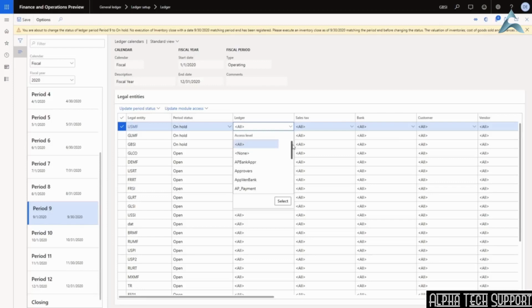When I select a specific user group, let's say I select test group 1, what it means is that only users belonging to this user group will be able to post transactions. Any user who does not belong to test group 1 will not be able to post transactions. So this is a good way of restricting the access to a particular module only to a specific